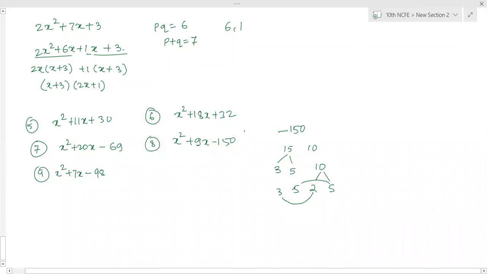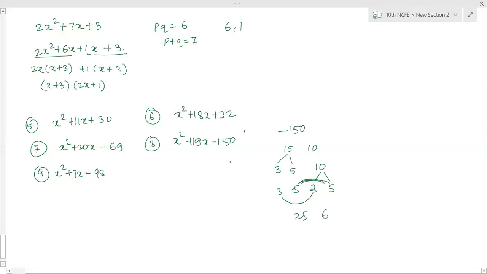Check whether the question is right or wrong. Sorry, it is 19, not 9. It's 19. Okay, ma'am. Now will it work? Yes, ma'am. Now 5 into 5 is 25 and 3 2s are 6. So the difference of 25 and 6 is 19.